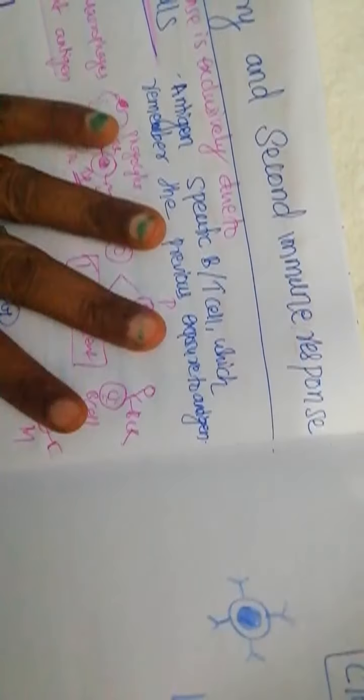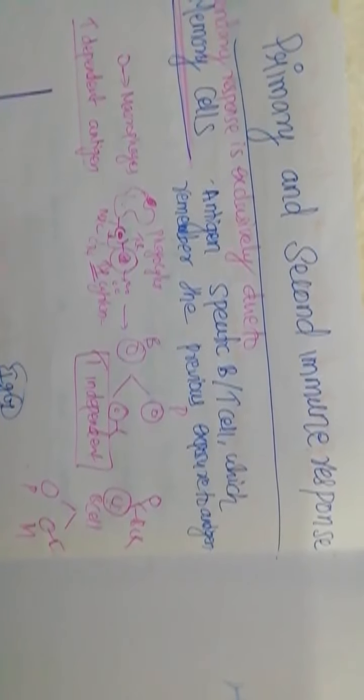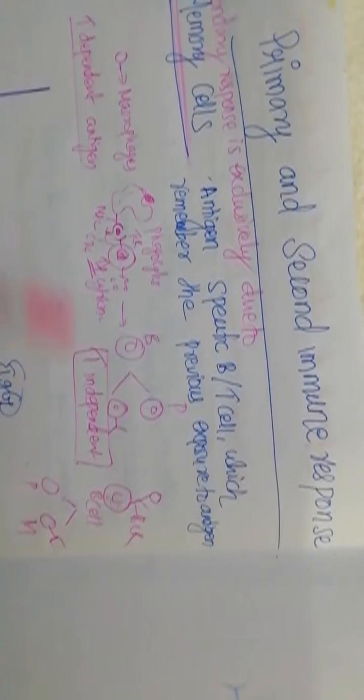So two antigens are there, T dependent antigen and T independent antigen. T dependent antigen needs the help of the T helper cell, whereas T independent antigen directly binds to the B cell. Whatever the case, whether it is T dependent or T independent, there is a formation of the memory cell. The entire process of identification and activation of the plasma cell and memory cell will take a long time period, that is 7 to 14 days. More than 1 week, 1 to 2 weeks, is required for the production of antibodies by the plasma cell.